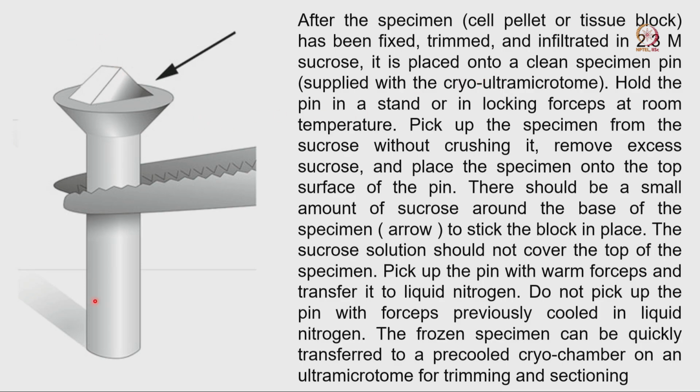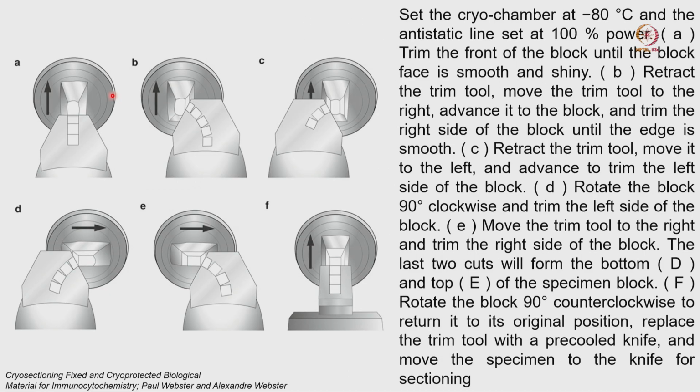Here, this is the holder which is holding the sample, and in this particular block we want to do the sectioning. Before that, we need to do an automated trimming of the tissue sample. This is a method that I already discussed: if this is the blade and this is the tissue sample, we move at the beginning to the center position of the tissue, do some sectioning, and then make the surface very smooth.